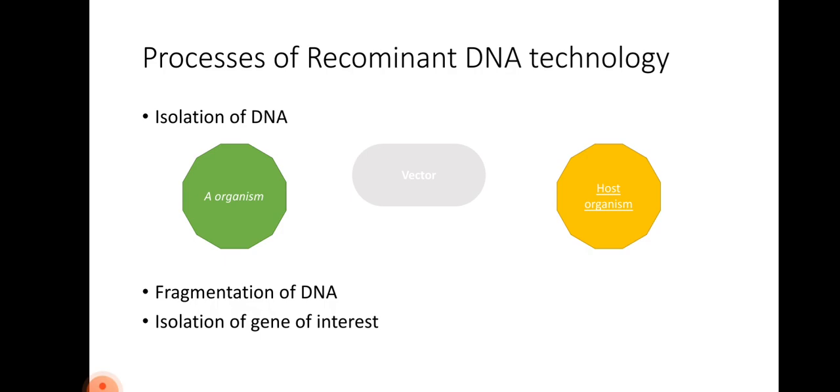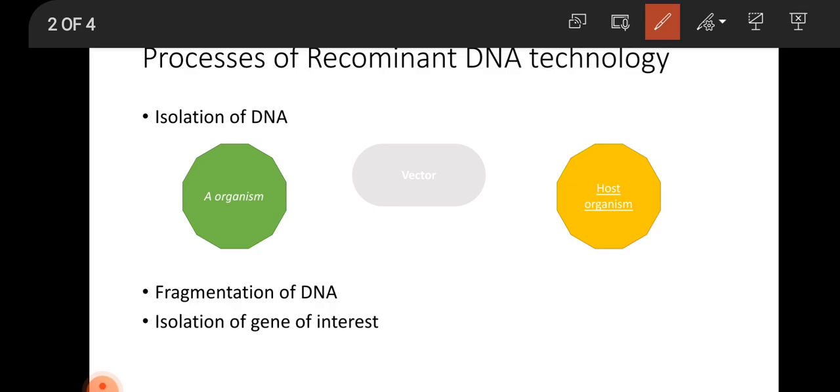As I told you earlier, suppose this is organism A and this organism A has a quality. This is a DNA structure, and there are thousands of genes in the DNA, and each and every gene has a particular quality. Suppose this portion of gene has the quality to color this organism A green.